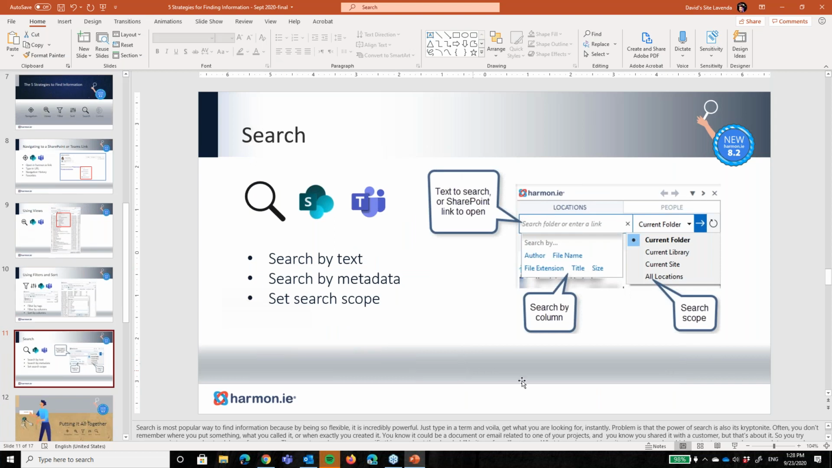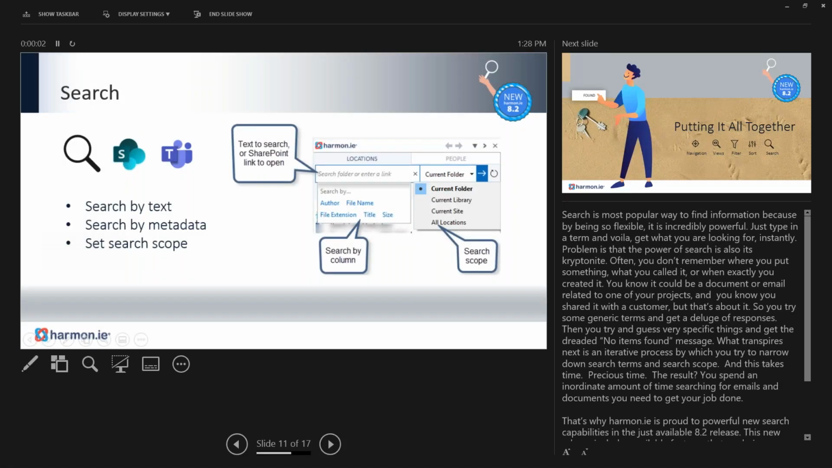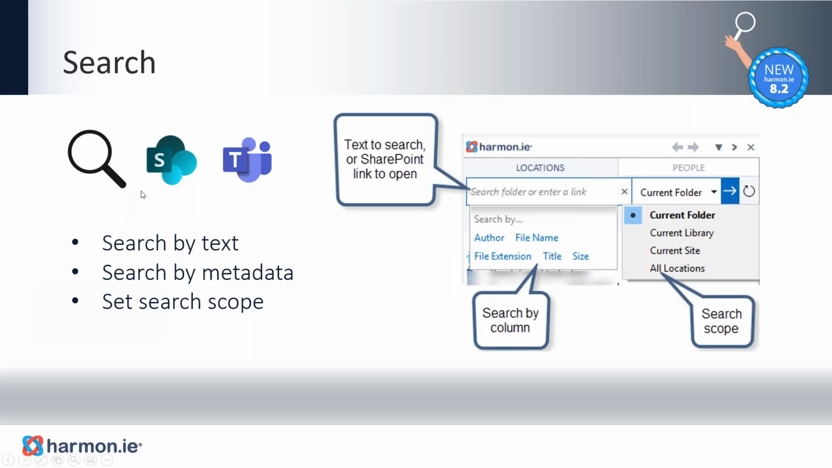Okay, search, of course, is the granddaddy of them all. This is the main one, the one that I think you probably use most when looking for information. And there are some great new things that are available in Microsoft 365 with Microsoft Search, and we take advantage of all the capabilities. But one of the problems with search, of course, is, as I described before, that